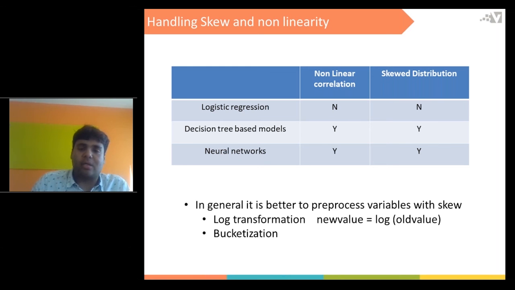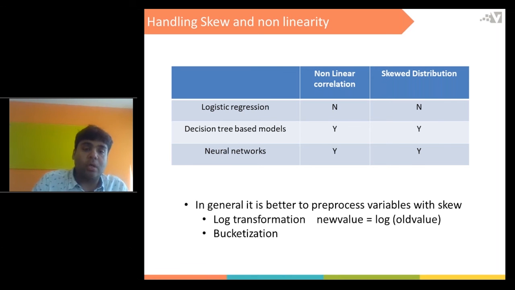One is the log transformation, wherein we just take a log of that variable during training and also testing, and the other is we can bucketize the variable. If I bucketize the variable into 5 buckets, I can create 5 new variables out of this one variable, which are less skewed or maybe have a linear correlation. I have plots for both log transformation and bucketization. I'll just quickly go through it.